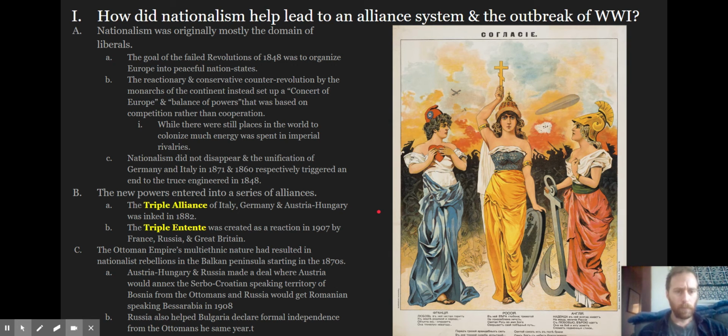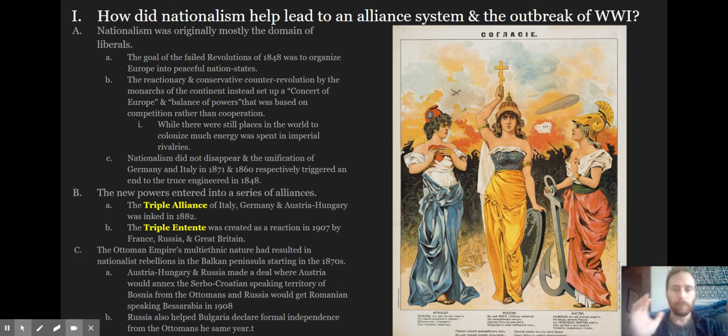So it may be no surprise, if you remember, Russia is not a liberal nation. They've got a czar, their peasants are barely out of serfdom. So an alliance between democracy here and autocracy here seems unlikely, except for that competition about nationalism. Each nation wants to have their own thing set up. The Entente is largely, no surprise, coordinated by France against Germany because of a desire to reacquire the territory of Alsace-Lorraine, which had been lost by France to Germany in 1871